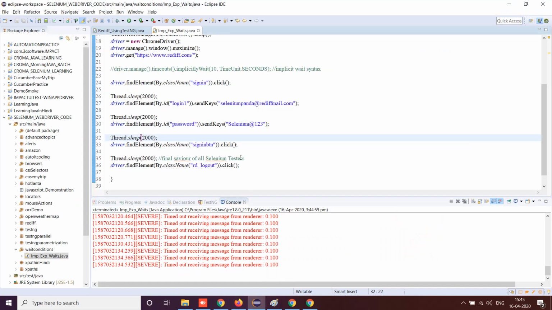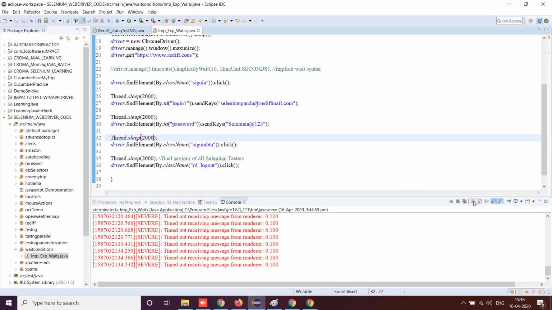Let's say your application is very unstable, and for each and every element it is throwing some kind of exception, like element not interactable or element not visible. If you give thread.sleep at each and every place before that element gets highlighted with Selenium, imagine the time extension you are adding to your own code run. It's not advisable. That is why you should not use thread.sleep.